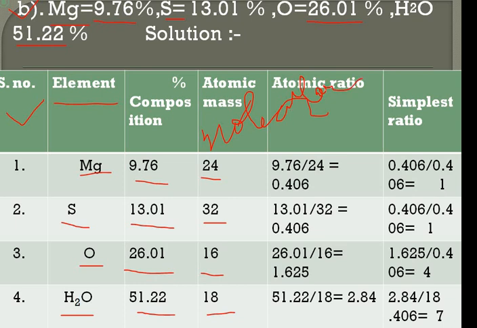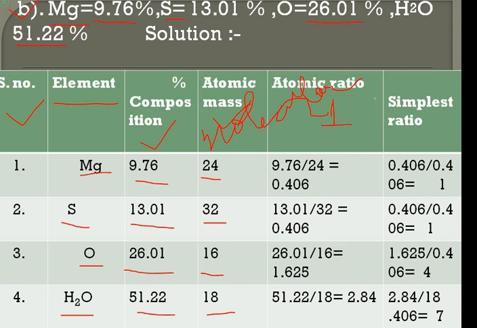Okay, now if we move on to the next thing, step 1, because all these things are already there: the serial number is given, the number of atoms is given in your question, the name or symbol of the element is given, percentage composition is also given, and the atomic mass is either given in your question or you need to learn it for elements 1 to 20, right? If we come to step number 1, this is the real step that we study. This is step number 1.